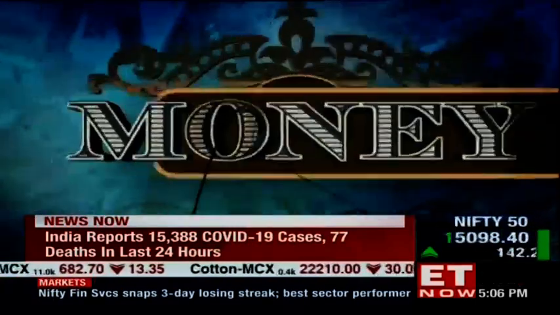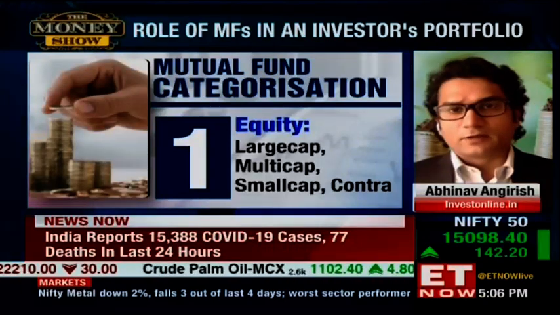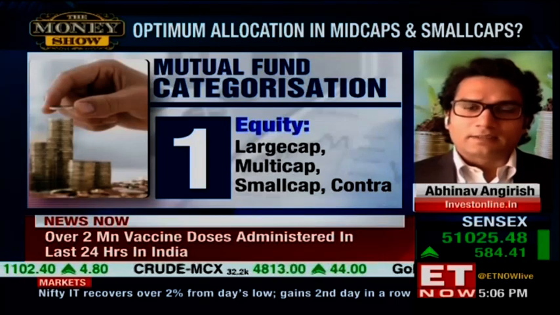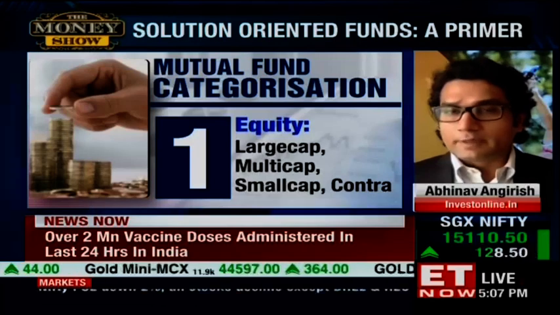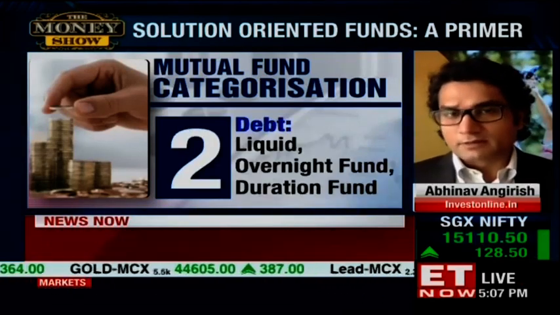Okay, so broadly, I would say mutual funds are categorized in 5 different categories. The first one, like you mentioned, is equities. Second one being debt. Third being hybrid. Fourth being solution-oriented. And there's a fifth broad general category, which we call others.